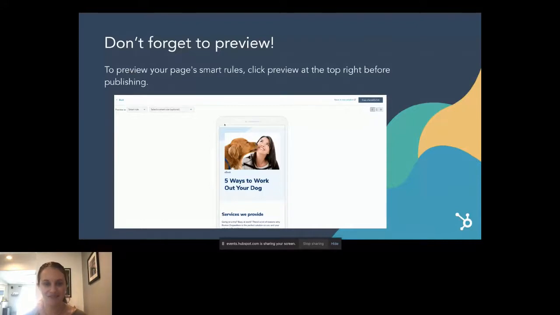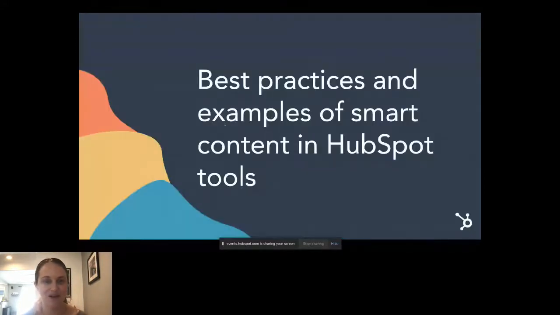All right, so time for best practices and examples of smart content in HubSpot. And then after that, we're going to have time for Q&A. So when we're seeing these examples, I really encourage you to take notes, just think about how you might actually implement this for your own customers and clients, like get the wheels turning there. So that way in the Q&A, that's kind of what we can discuss a lot of that as well if you have specific ways that you're considering using smart content.